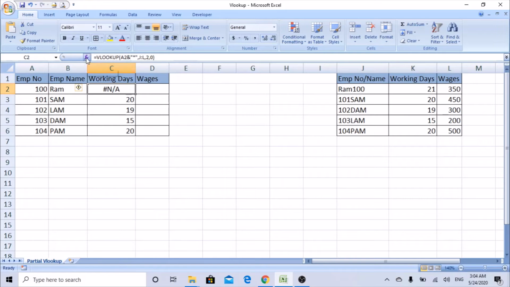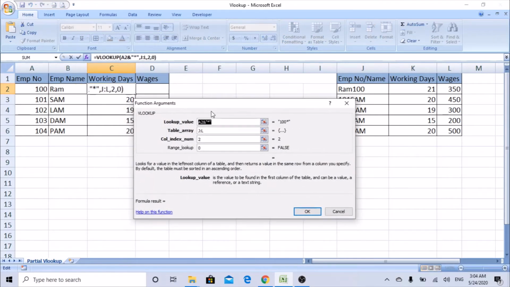In that case, what we can do is use the insert function and add the wildcard to the other side too. So again, double quote, star, double quote, and again add an ampersand to club. Now you can see the result here. The ampersand is important to club these two into the cell: star 100 star.